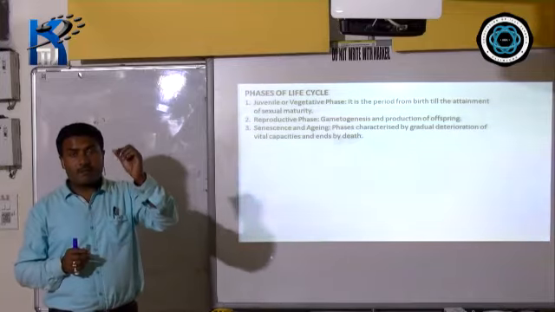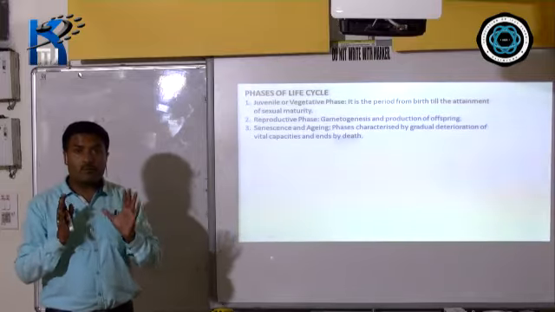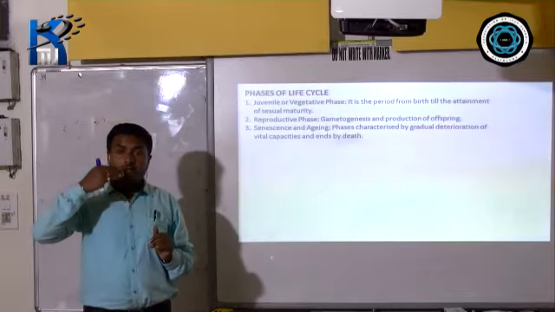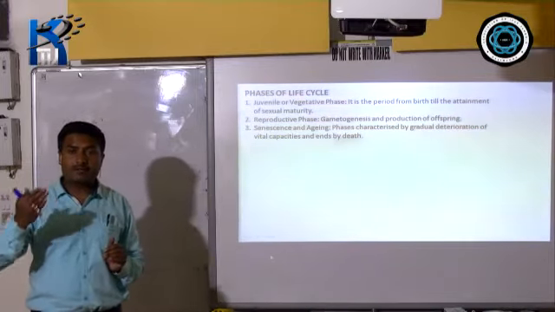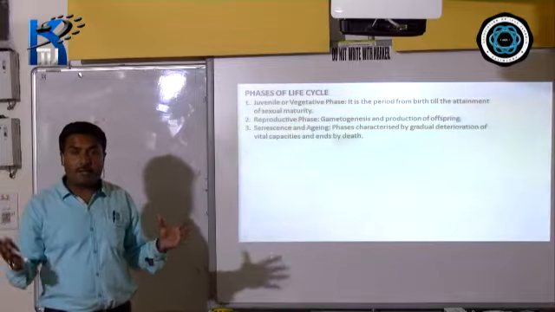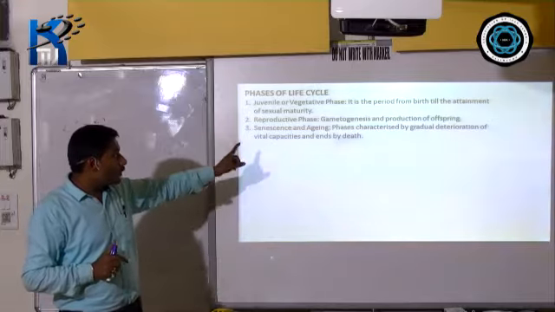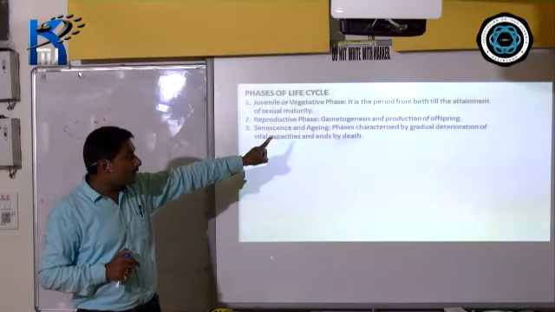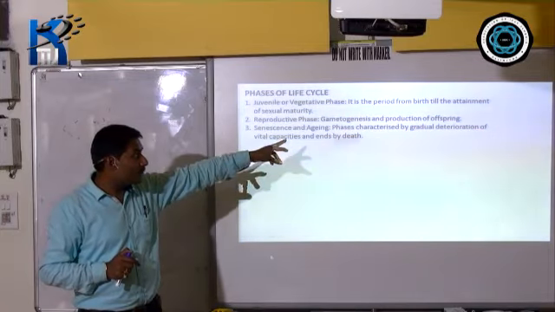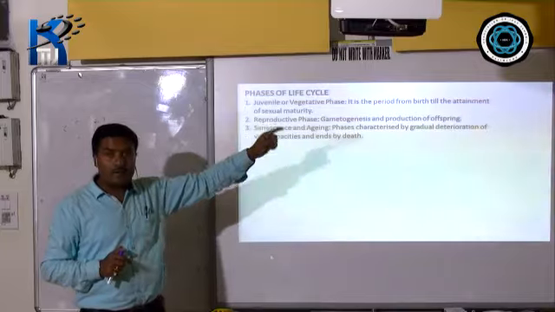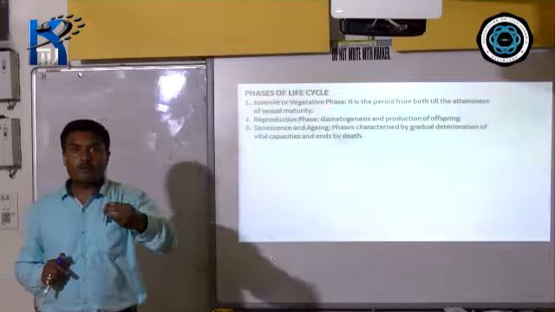Okay, the stigma becomes sticky in nature. Similarly, in the case of human beings also, the secondary sexual characters get developed. When the secondary sexual characters develop, some biochemical changes go on in the body. During this time, you call it the reproductive phase. Gametogenesis, the formation of gametes, the reproductive cells, and production of offspring. During this time only an individual is able to produce offspring.